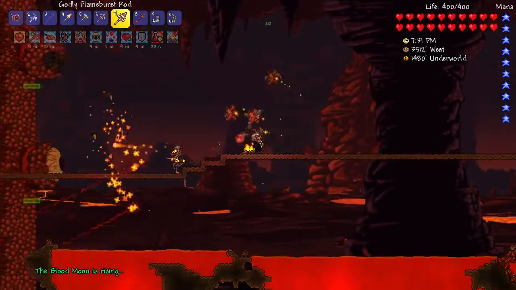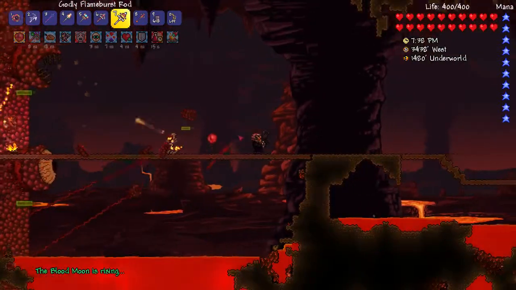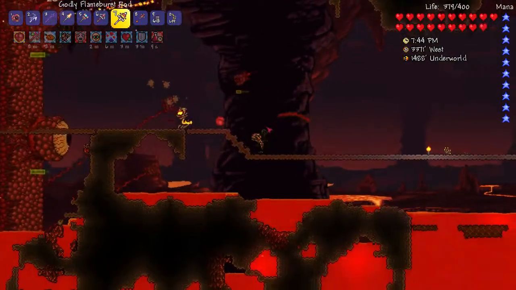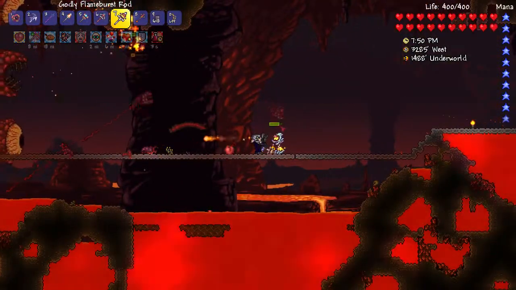My imps are not really the most helpful right now. They're more focused on Wall of Flesh than they are on me, so they're not doing me a ton of favors. But Heart Reach is making all the difference here. And it's tough, because I should have maybe brought a Thorns Potion down, because I'm really trying not to have...